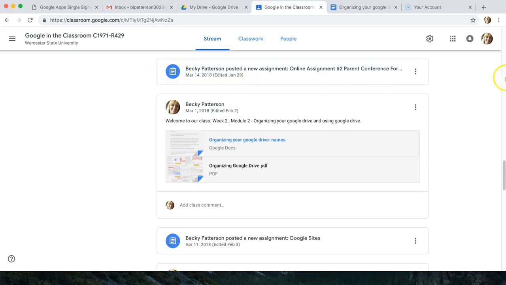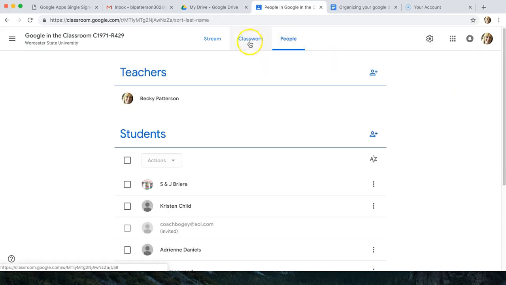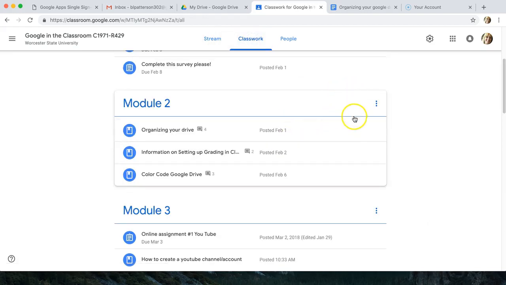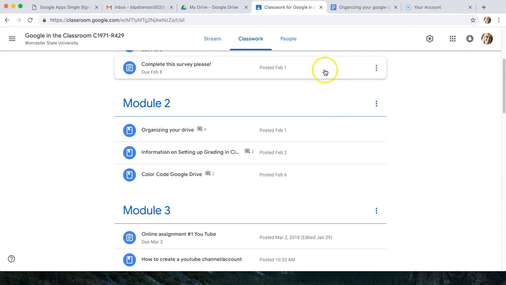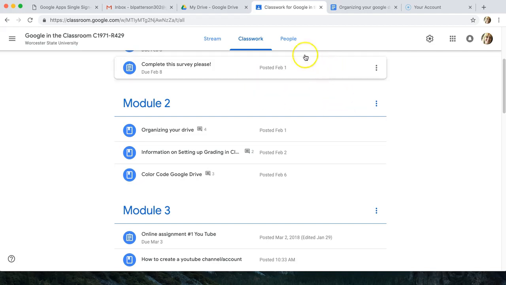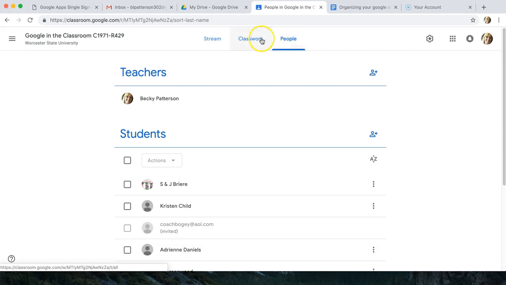Okay, I also wanted to show you, when you click on this page, we were in Stream, then you have your classwork, which you could see is organized on my page as a module. I'm thinking if you were doing this for your class, you certainly could do it by chapter, topic area, whatever made sense. And then,